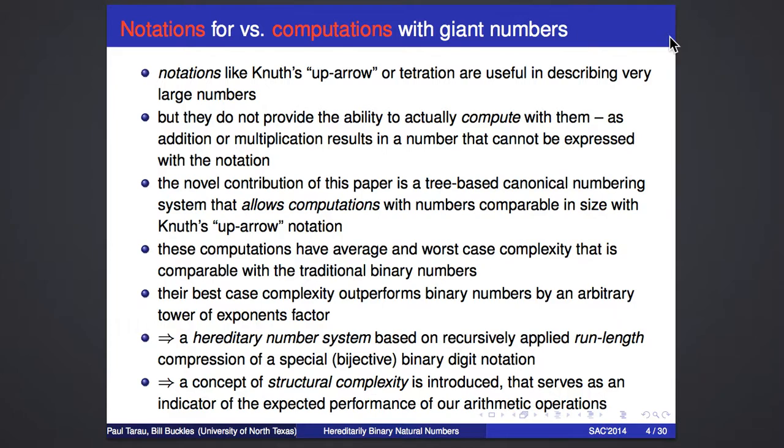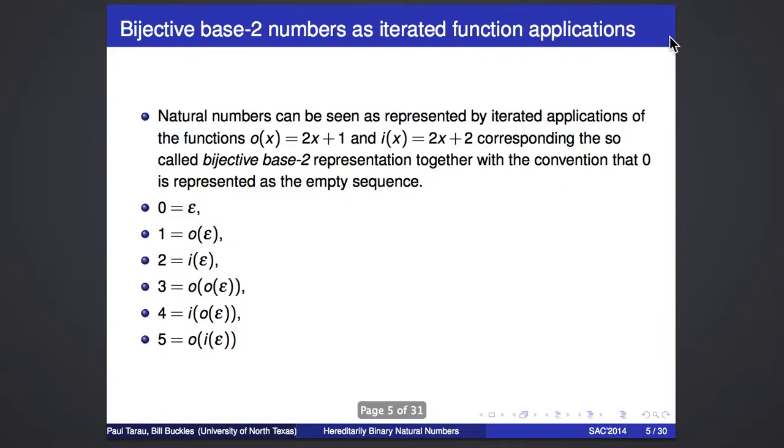Hereditary number system is based on applying recursively run length compression of bijective binary digit notation. And to evaluate the impact of that notation and the computations with it, we discuss a concept of structural complexity that serves as an indicator of the expected performance of our arithmetic operations. So let's start with bijective